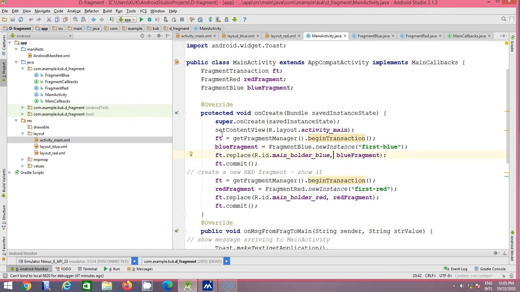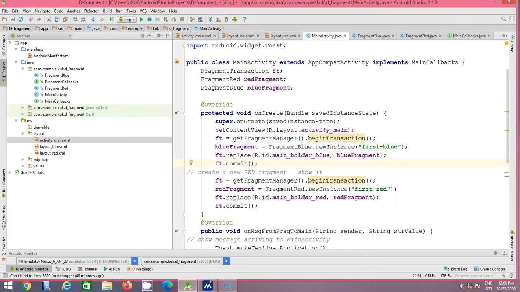So ft is your fragment transaction variable, ft equal to getFragmentManager dot beginTransaction. Then we initialize the blue fragment: fragment blue dot new instance, it creates a new instance and it will be added.